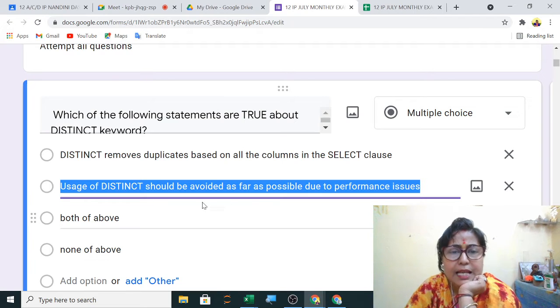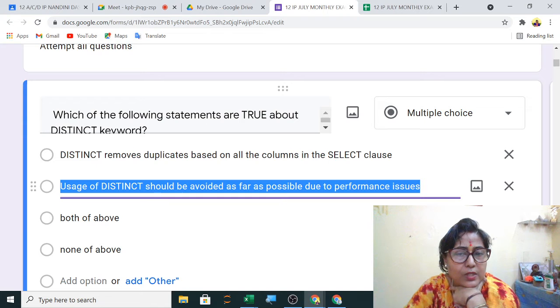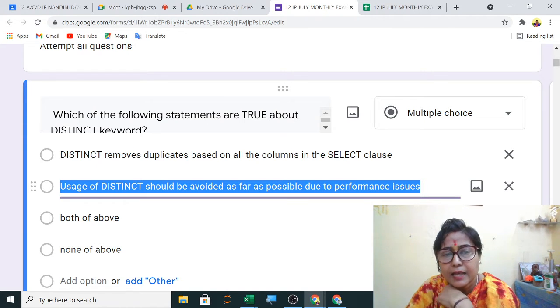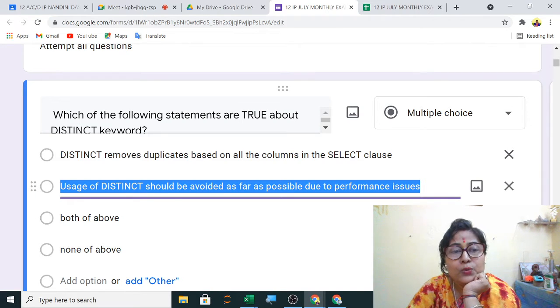In this, actually what happens, suppose you are using DISTINCT and you are counting all the records, that time it will show an error. But wherever it is required, like I want to use DISTINCT to see the non-redundant, unique values, that time I will use DISTINCT.